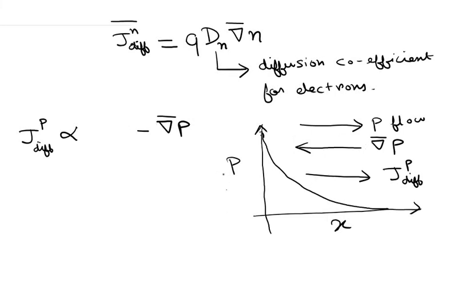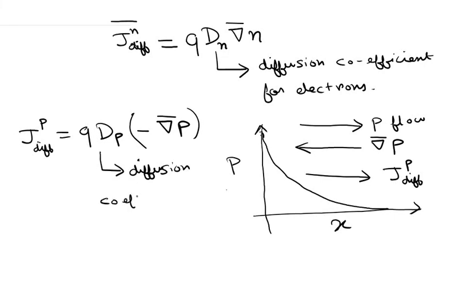So we again remove this proportionality sign and multiply it with q Dp here. q is again the electronic charge, and Dp is like a constant of proportionality. It is known as the diffusion coefficient